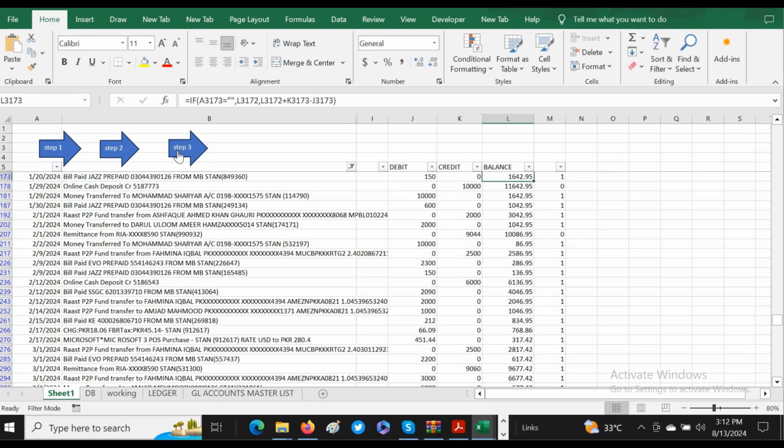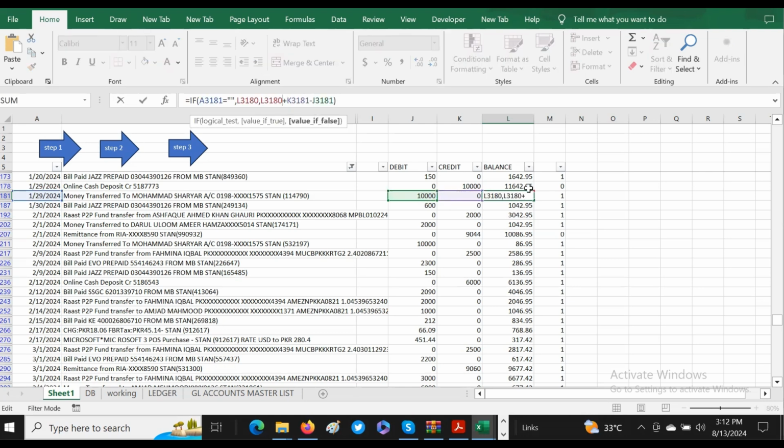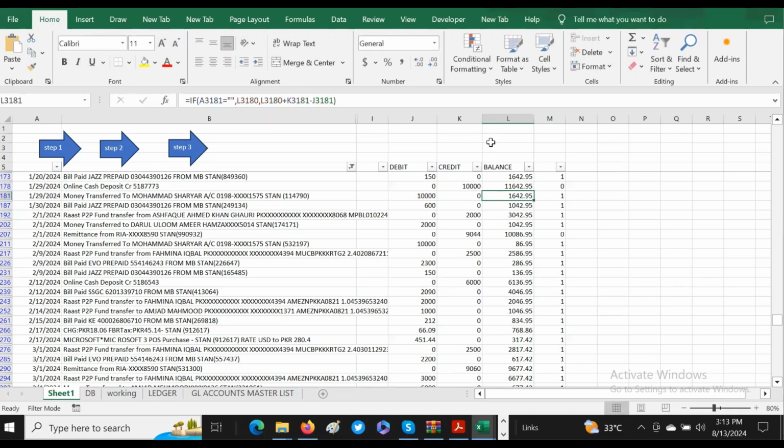Later on, in step three, it identifies if there is any problem with the difference, then it indicates one here. That means some rounding differences appear, right? It is comparing this minus this, and what the balance is coming to in this manner, and then it is checking what the bank has reported. So that is, of course, in a hidden column, right? That is J, K, and L, right? And it is checking that